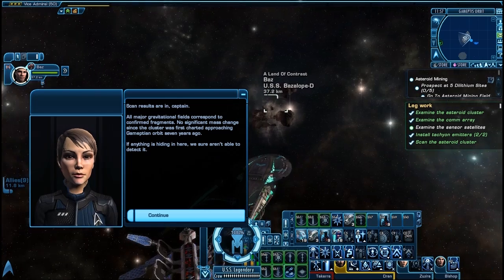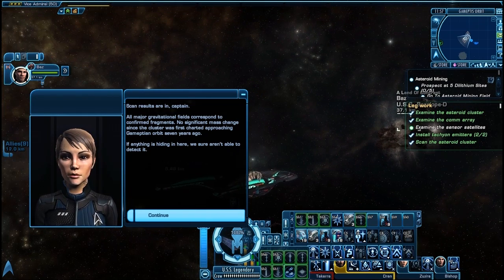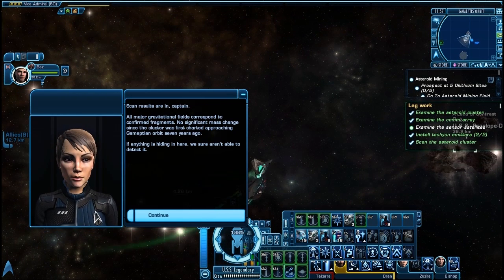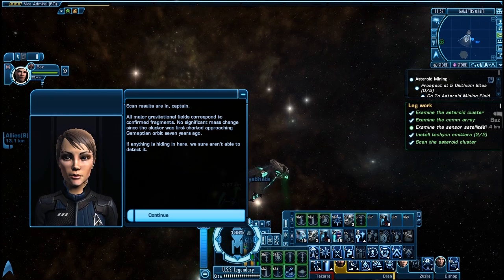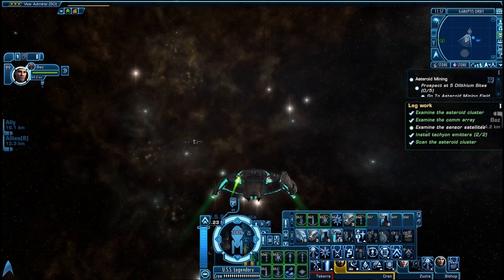Scan results are in, Captain. All major gravitational fields correspond to confirmed fragments. No significant mass change since the cluster was first charted, approaching Gametian orbit 7 years ago. If anything is hiding in here, we sure aren't able to detect it. Well,